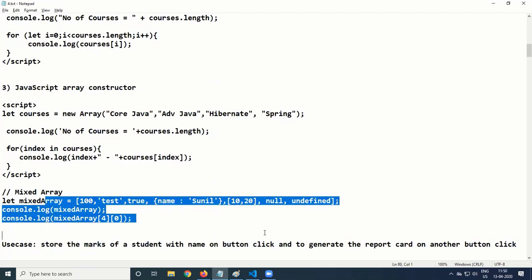So we can have mixed data also. In this case we discussed the different ways of creating an array. The mixed way of creating an array is what we have seen in our example. So let mixed array, with values given: 100, test, name, null, all those values we have given. So creating an array with mixed values.